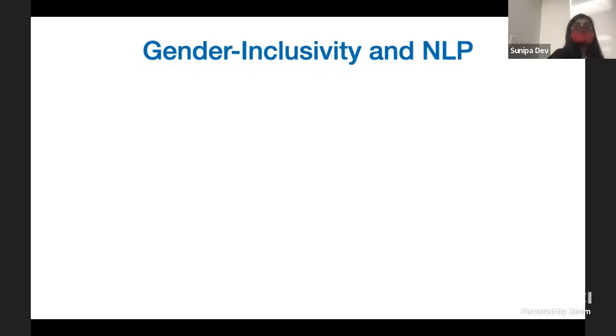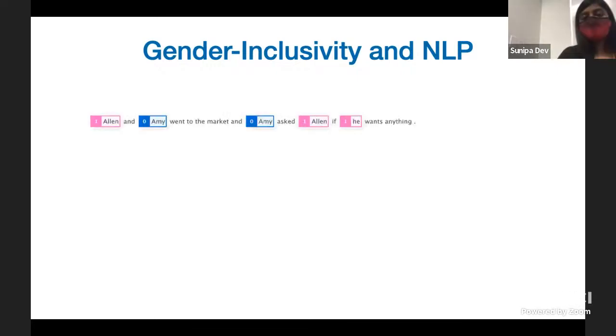specifically about gender inclusivity in NLP. Now, why this is important is because gender is something that is very entrenched in different tasks within NLP, and gender bias is also one of the most widely studied types of biases. However, what we understand as gender and what the languages understand as gender can be different, and it can actually be quite narrow. So this is the task of co-reference resolution, as we have seen earlier too,